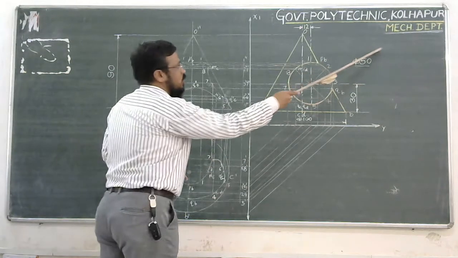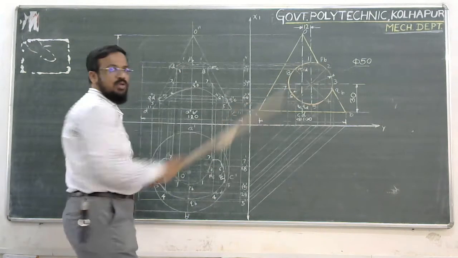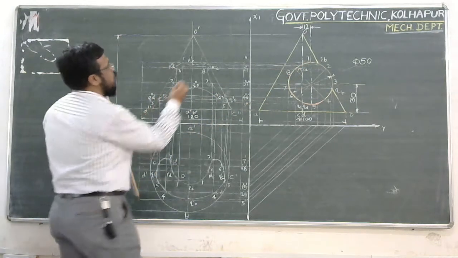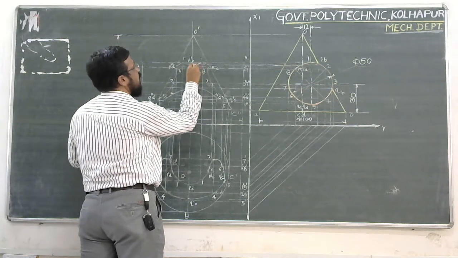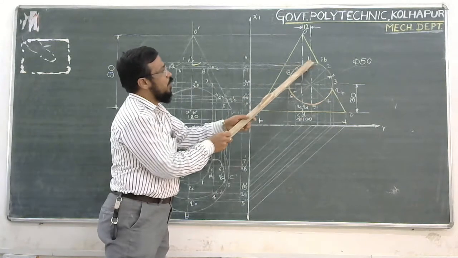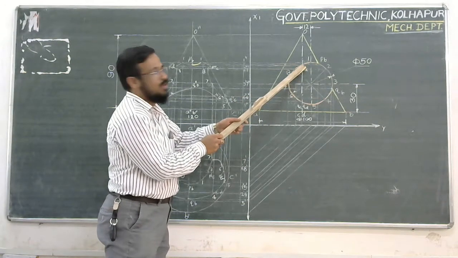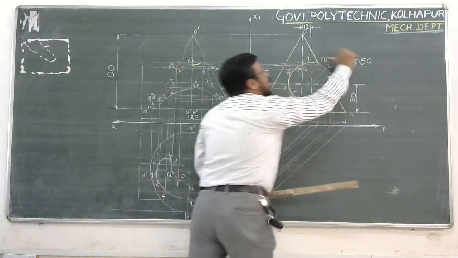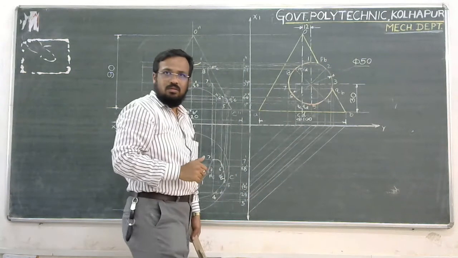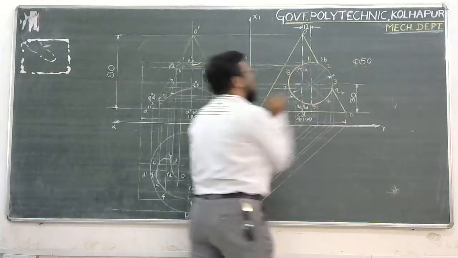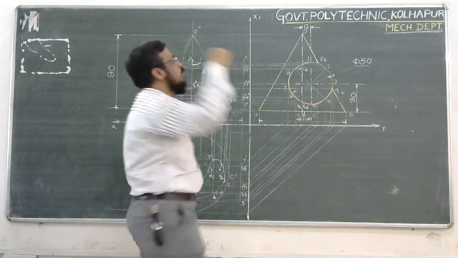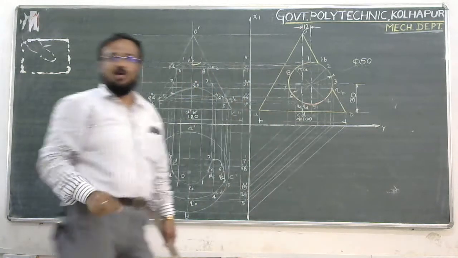When an observer observes this object from this direction, obviously PB will be visible. That means PB to 1 is clearly visible. So from PB to 1, I will join it with the help of a continuous line. Okay. Now, see, from point 1, now the number is PC. See, PC is below point 1. When an observer observes this from this direction, PC's reference is below the point number 1. By simply observing this position, we may conclude that PC is not visible because 1 is already on the higher reference. So obviously 1 to PC will come in the form of a dotted line.